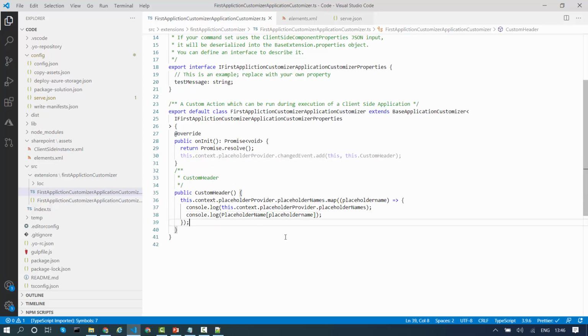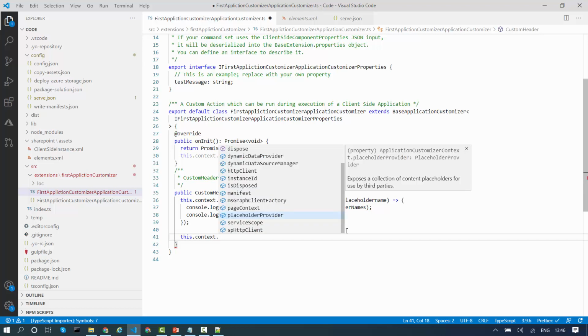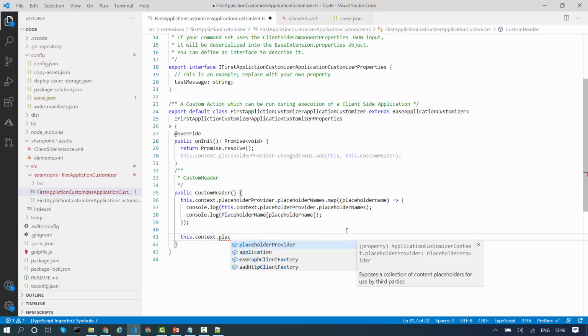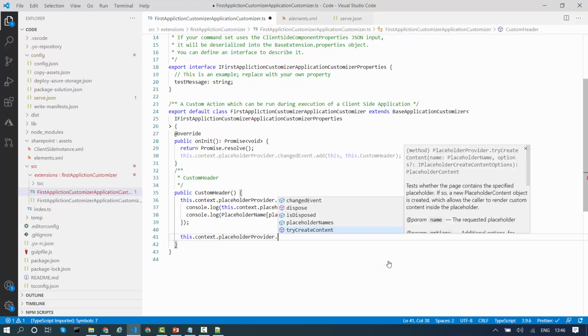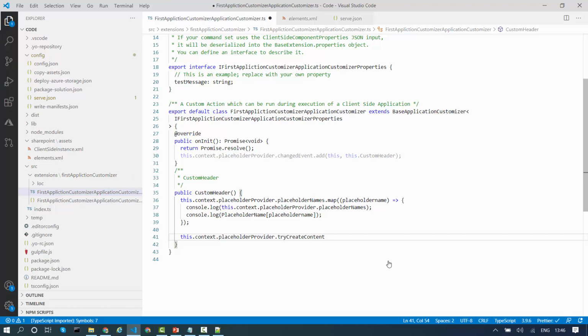So this is one thing. Another thing is, this time I will use another method: this.context.placeholderProvider. I have used changeEvent, I have used placeholderNames, and the last one, the most important method, is tryCreateContent. Using this method, I will create the custom header.